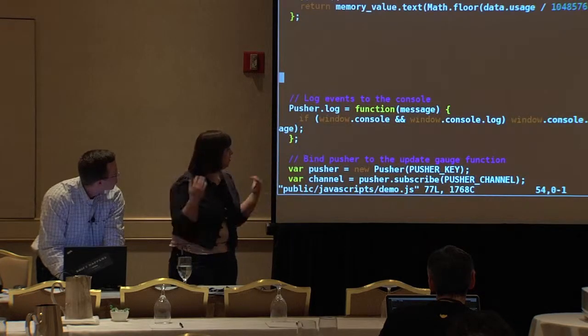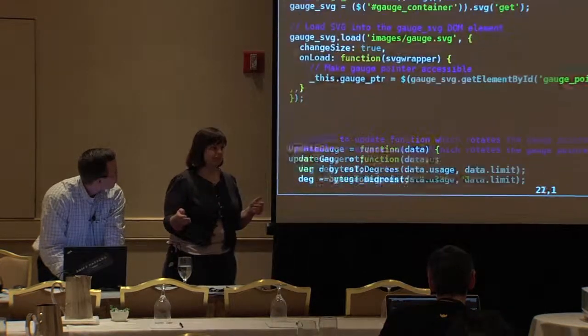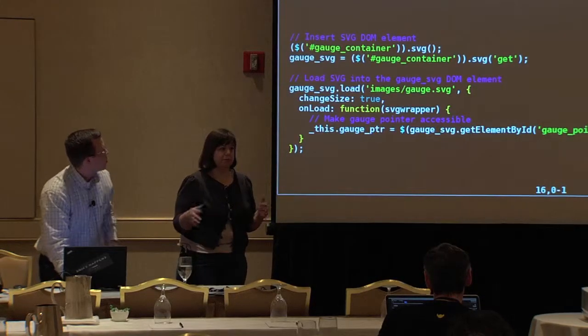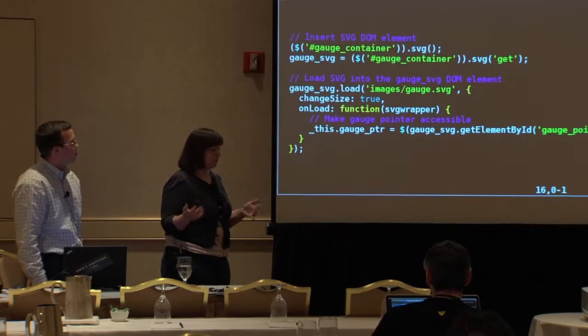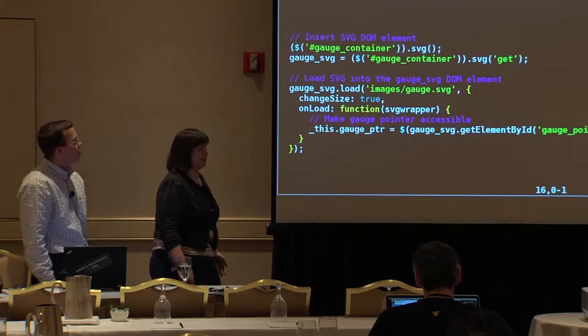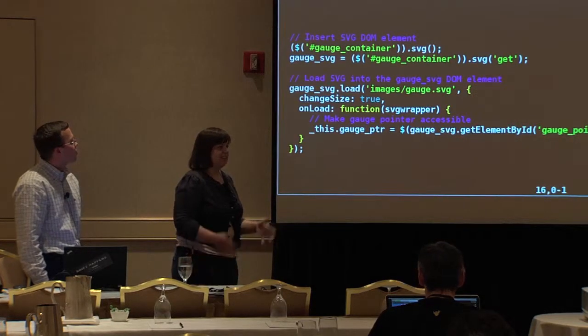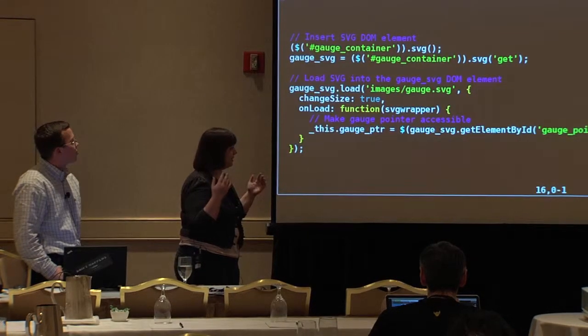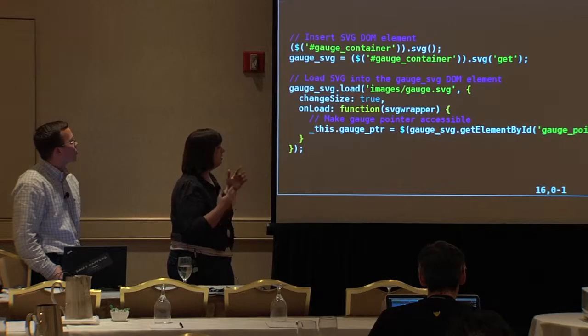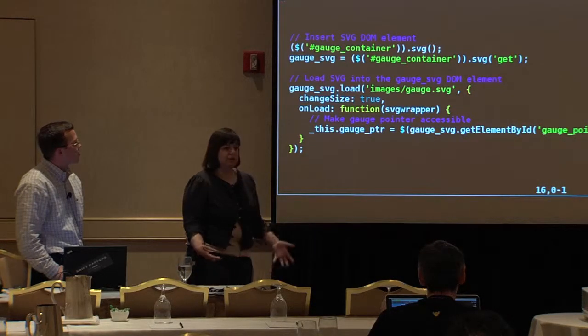Yeah, so obviously, getting data to the client is important, but it's only part of building the application. We actually want to do something with the data. Since the data is what we are concerned with, that's the information we want to know. We want to visualize it. And we went through a couple of different